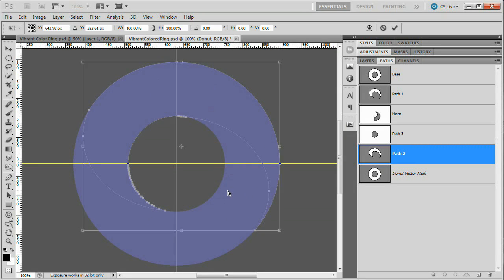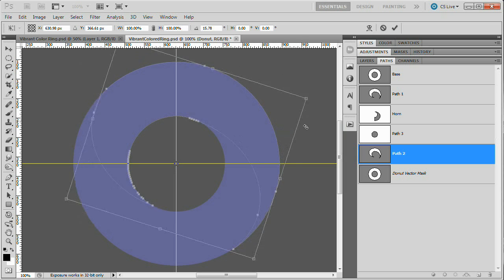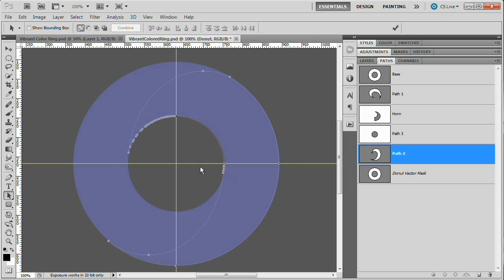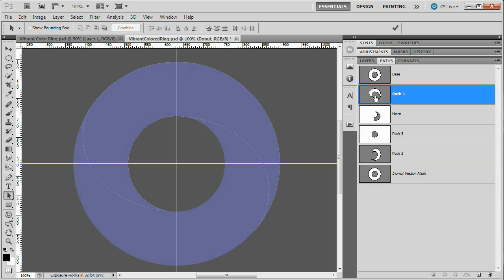So I'm going to hit Command or Control T, and here again the guides are going to come in handy. We're going to drag our transform point, or reference point, excuse me, right here to the center. Just line it up in the exact center of the ring. Use those guides to help you out, and we're just going to slide this right around to right about there. Something like that. And we keep a very nice little tight spiral, and our swoosh is exactly where we need it. So we're going to go ahead and commit that change, and there we go. We have 1 swoosh, 2 swoosh. I'm going to save my document,